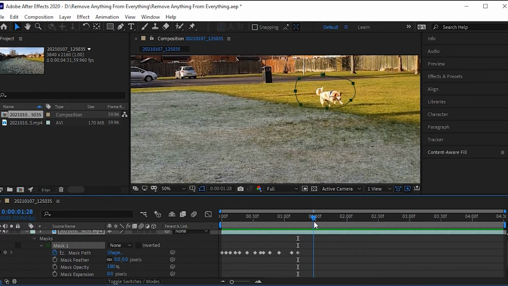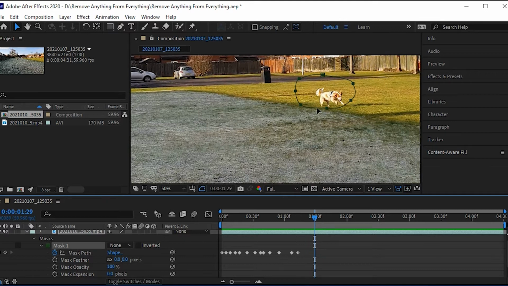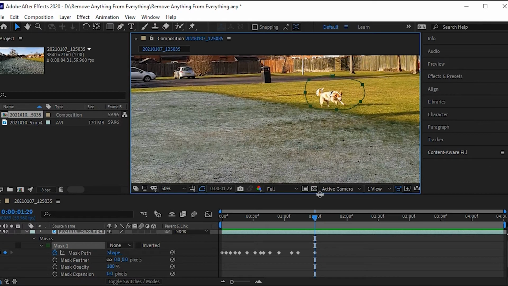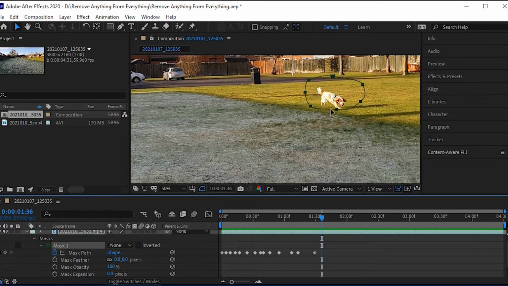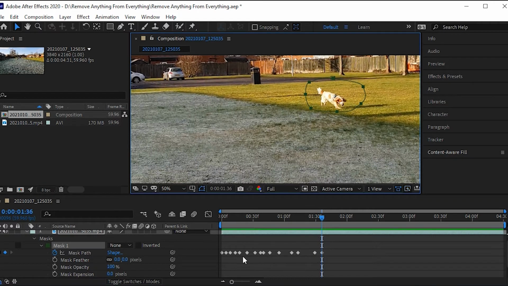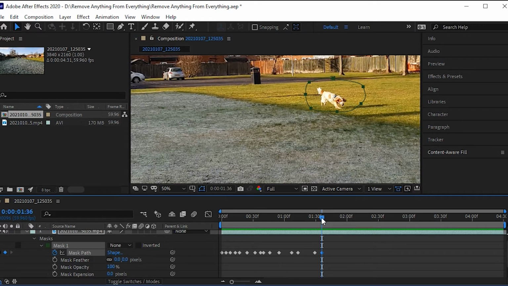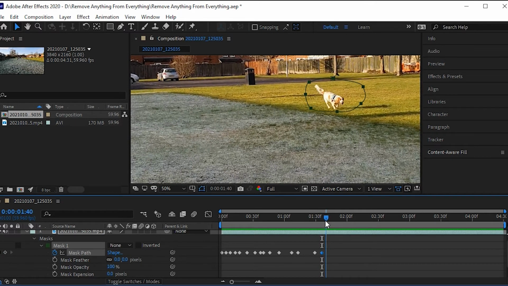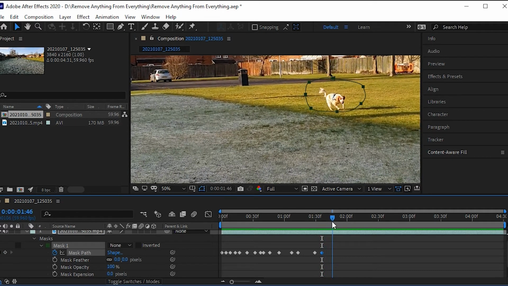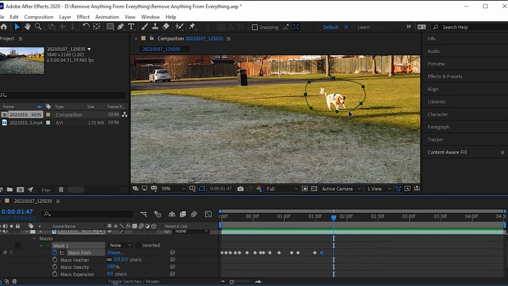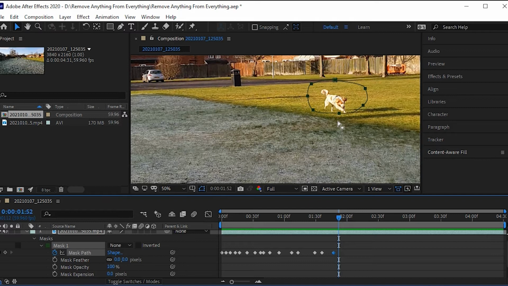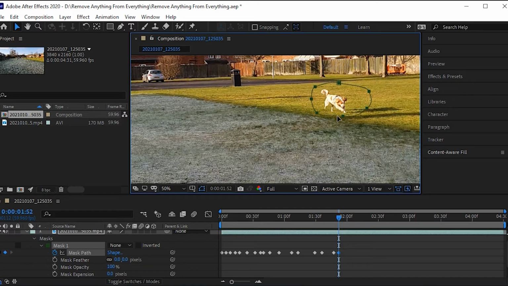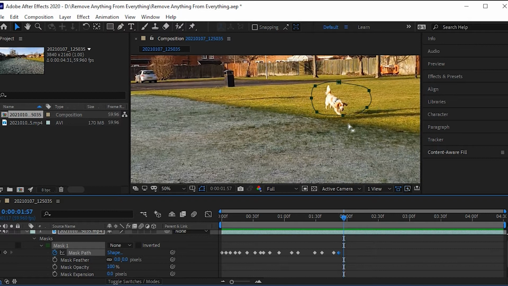So we can see from here she's definitely going to start coming out of this mask. So we're going to move this forward and move it down a little bit, and each time you can see it's creating keyframes. It's making sure that it's registering where we are and what we're doing. I'm going to move this down a little bit more, ever so slightly, a little bit at a time, but I'm not being massively careful with it. I just want to make sure that we keep everything going.